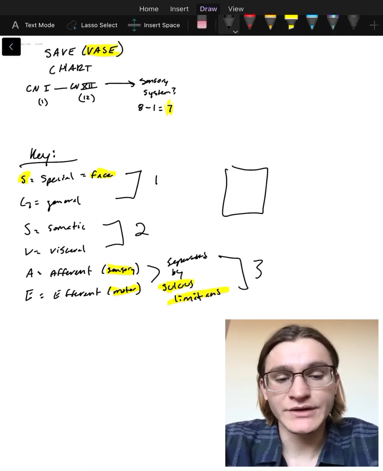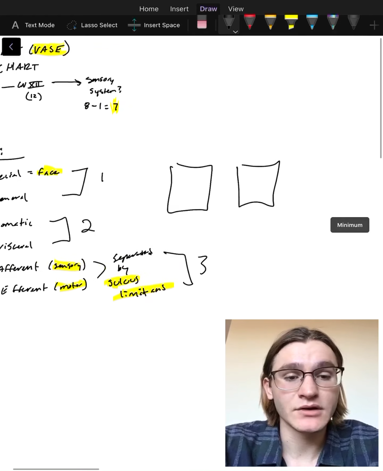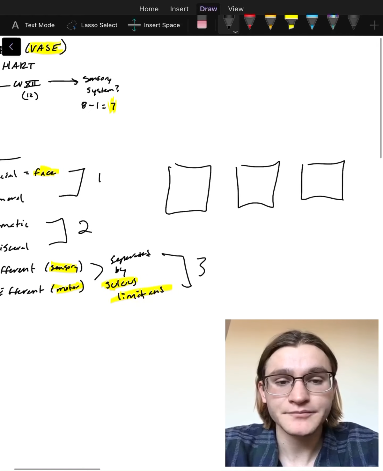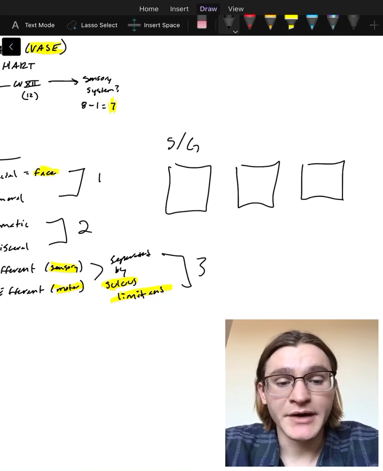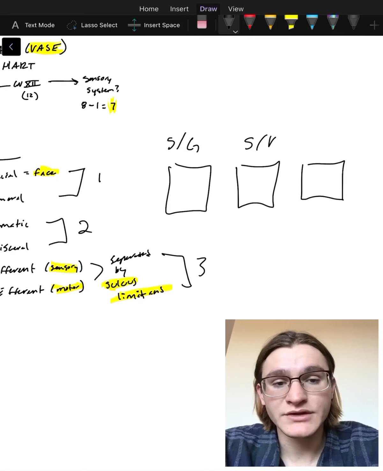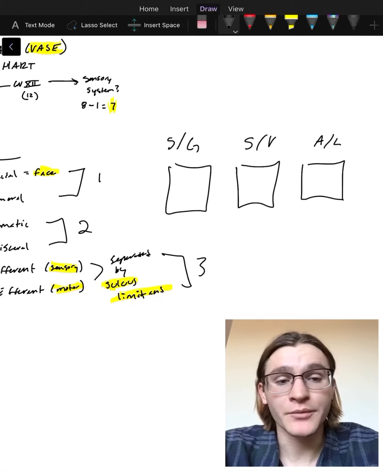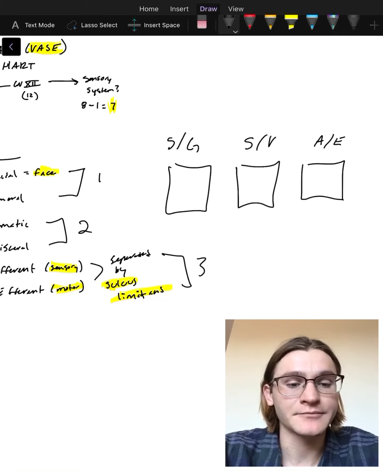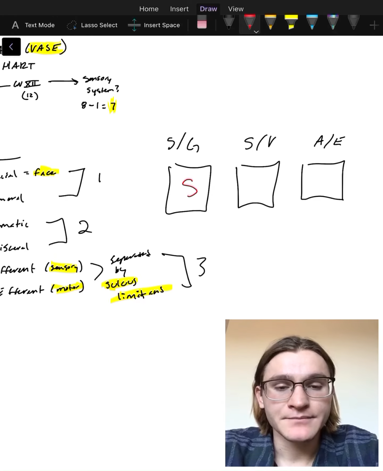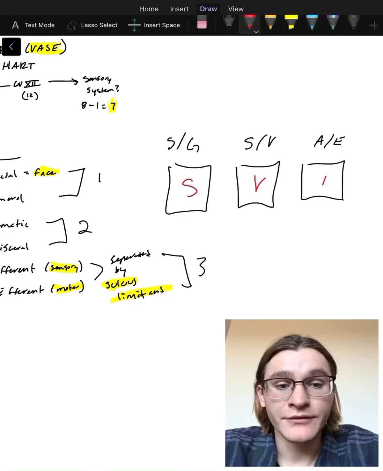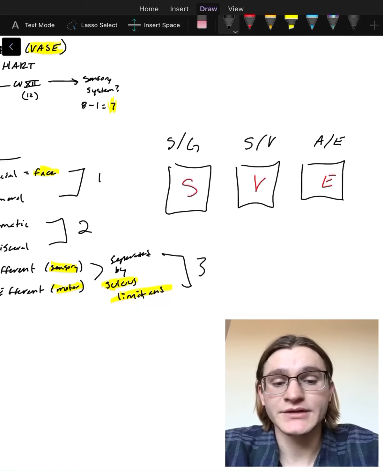And what does that mean? These are going to be all mixed to make different sensory systems of our body. So once again, in column 1, it's going to be either special or general. In column 2, it's going to be somatic or visceral. In column 3, it's going to be afferent or efferent. I'm going to give you guys a little example. So we could have our special, visceral, efferent, which will be a sensory